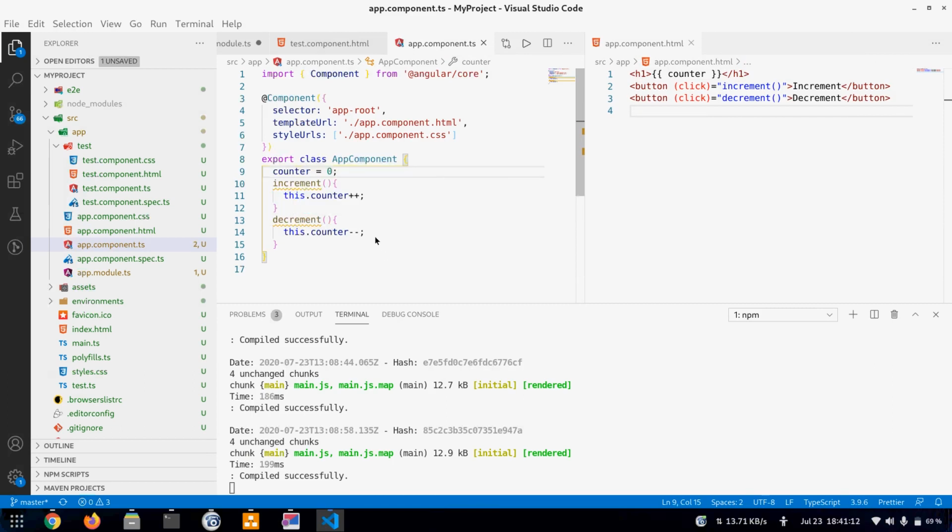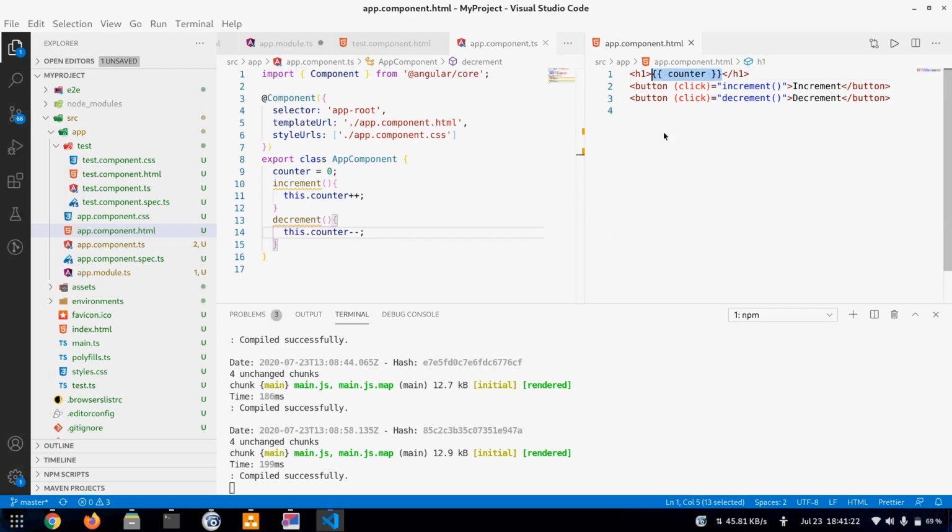And these, like we discussed, this will increment the counter and this will decrement the counter. And in the HTML file, inside the h1 tag, we'll display the value of counter, and whenever a button is clicked, we will call the function increment or the function decrement. So the value of counter gets changed inside the TS file, and that change is reflected instantly in HTML.